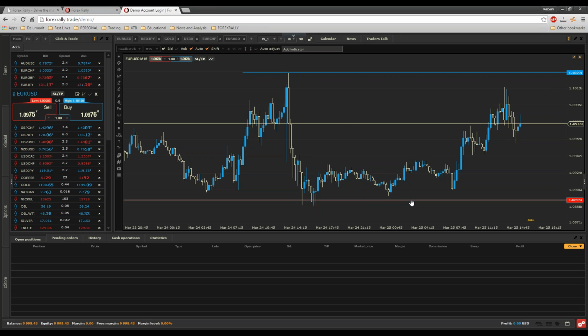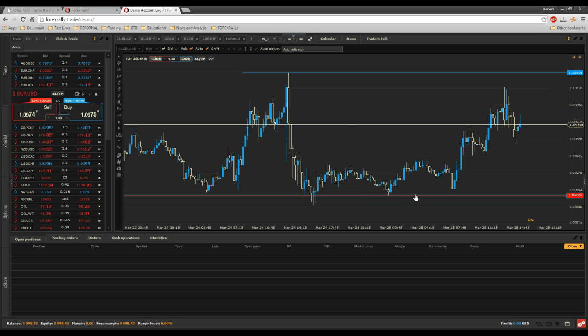Why do I say it's a support? If I put it a bit higher to 10900, this is a round number and a very good support. We can see that the price reached this area here, the second area here, third one and fourth one, and the price was rejected. The price bounced from this support level. This is a very good support level.